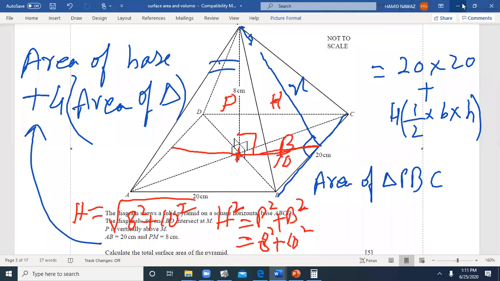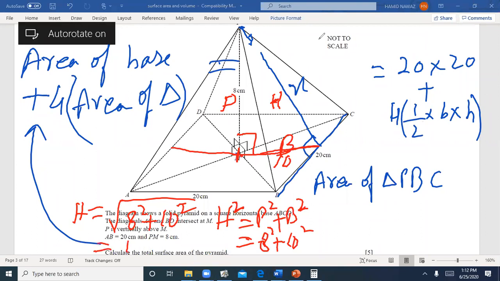Sir, 164. No, beta, you didn't take the square root. Take the square root of 164, then you will get the answer. Sir, 12.80. Thank you, so nice of you. Let's round it to 12.1. So the hypotenuse, or this x, is 12.1.